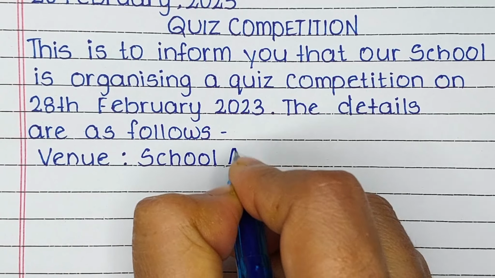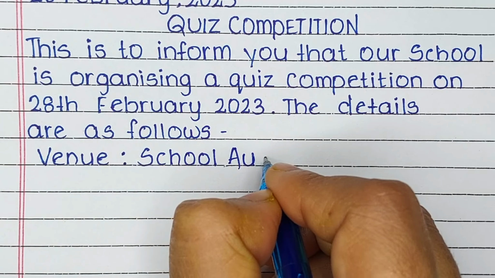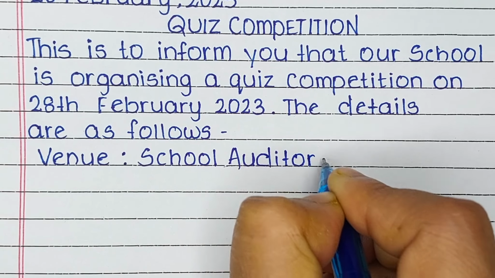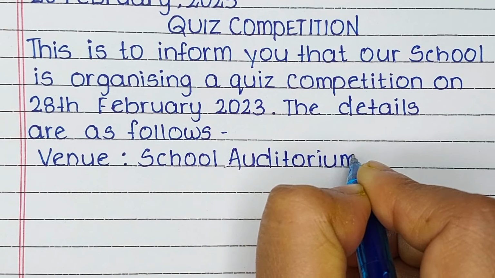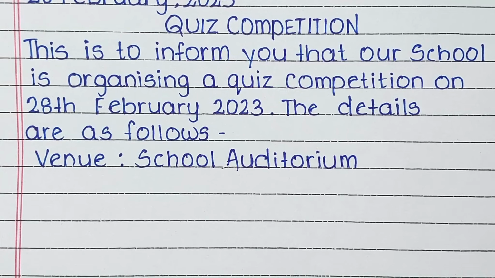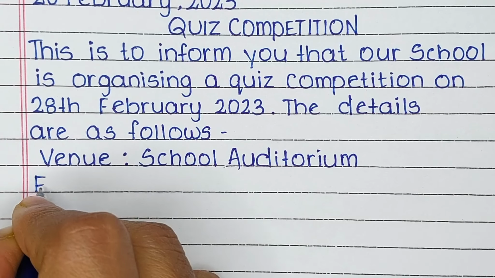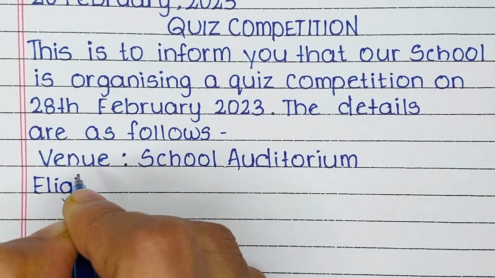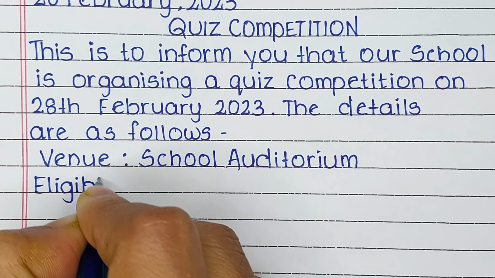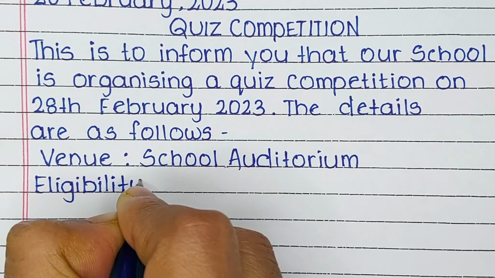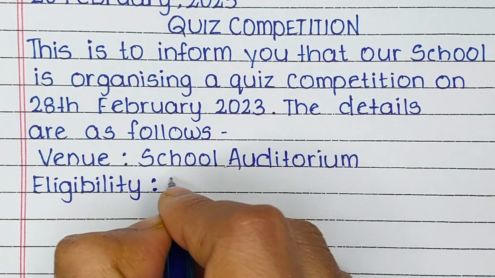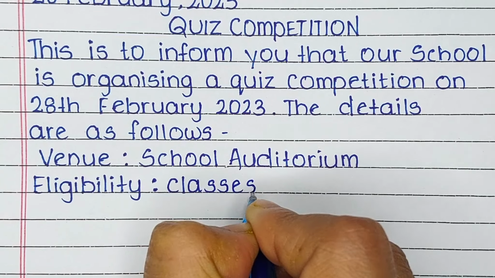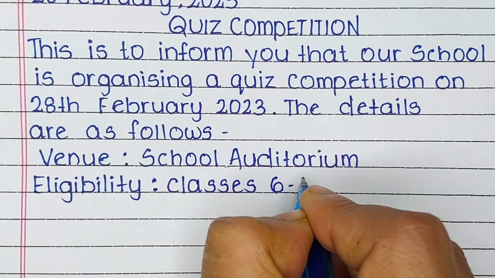Next, you have to write the details of the competitions, which can include any detail, but here I am including three details, that is the venue, eligibility and time of the competition. So, for example, I am writing venue is school auditorium, eligibility is class 6 to 10 and